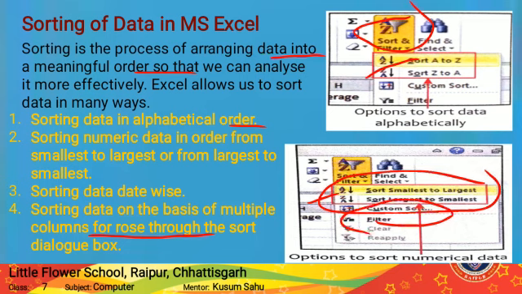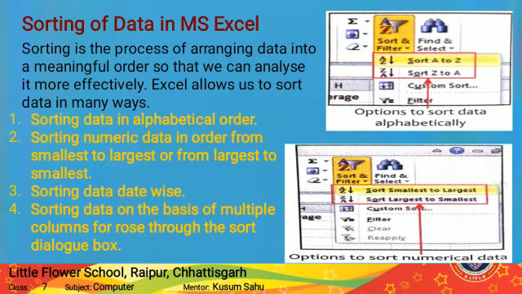Here filter, in the filter and sort menu you can see the sorting option. So here is the sorting of data from alphabetical order, in numeric data form from largest to smallest and smallest to largest. After that, sorting the data date wise. If we arrange the data like this, next time we will easily find that particular data according to the name, date or numeric form.